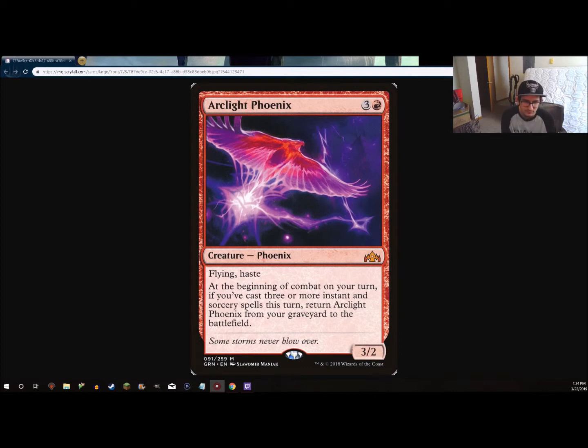Now, the Legacy version of this, I don't know a whole lot about. I just know it can go turn 1 Dark Ritual into Buried Alive, or Dark Ritual into Entomb, and then Thoughtseize them, and then still get back a Phoenix after you took away either their threat or their interaction, and that sounds freaking awesome. Getting to put Buried Alive, putting 3 creatures from your library into your graveyard, and just putting 3 Arclight Phoenixes in there after you